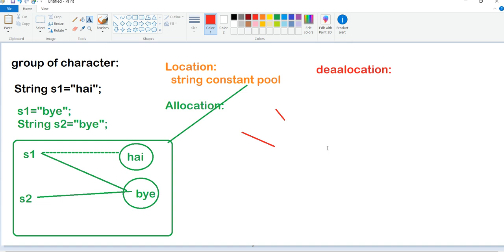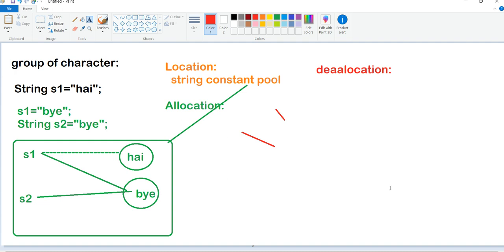So we'll see a few examples here. If a string object is created by using the new operator, then the content will be stored in both heap and string constant pool, but the reference will refer to the object available in heap memory.